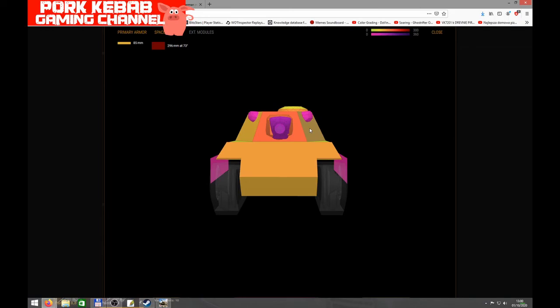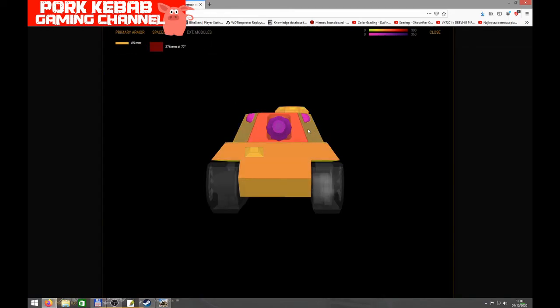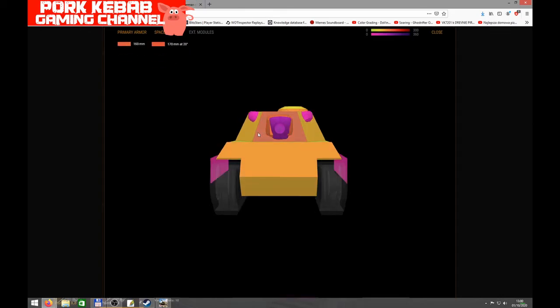On the sides it is 296, of course, because they are sloped, but again Panther 2 has a slightly better angle here. I had 375, 376. So Panther 8.8 has slightly, like 10 millimeters, less armor here on the front. It's not a very big difference, but there is a difference. So you may feel it somehow if you